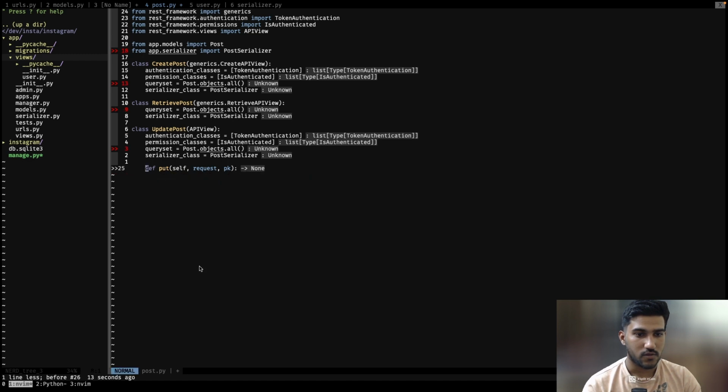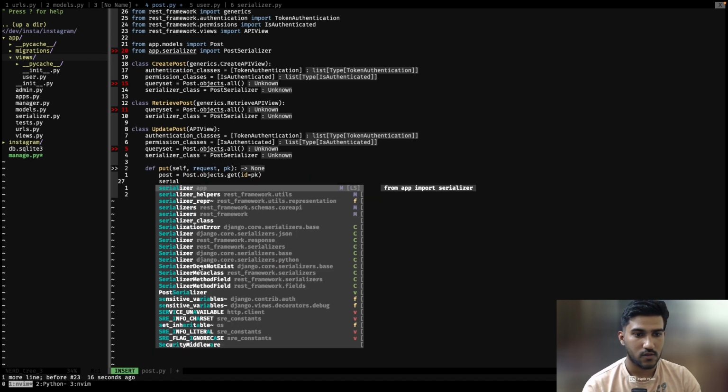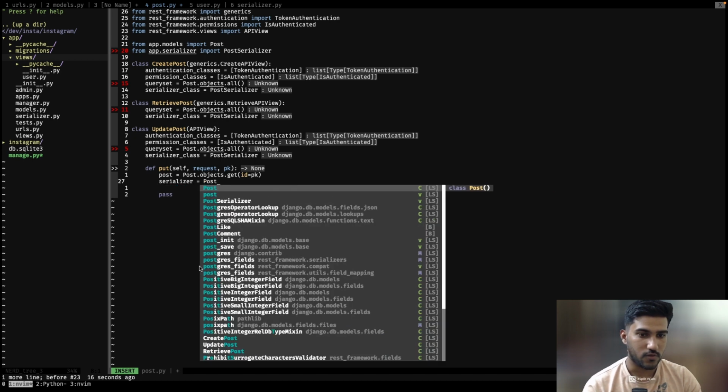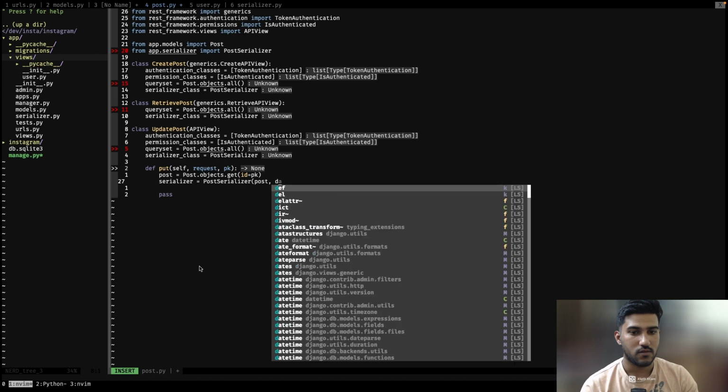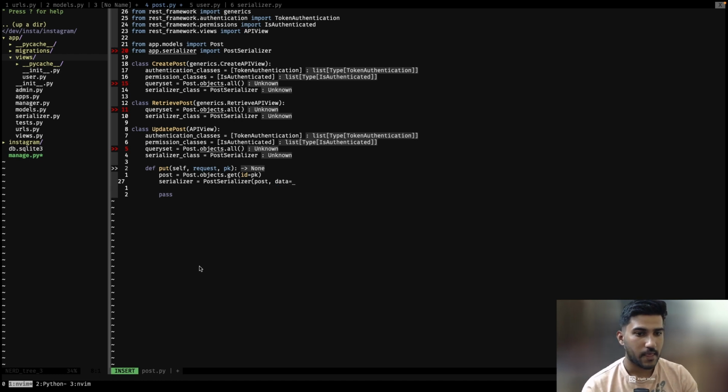Actually, let's do it like this: PostSerializer of post is equal to post, or just post, and data is request.data,